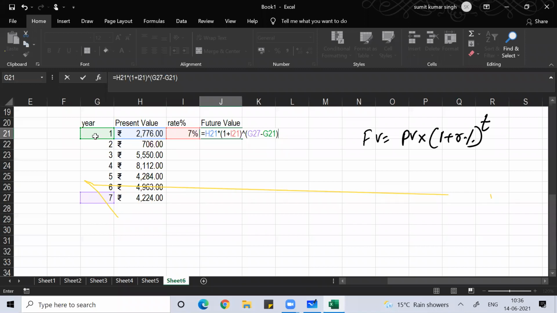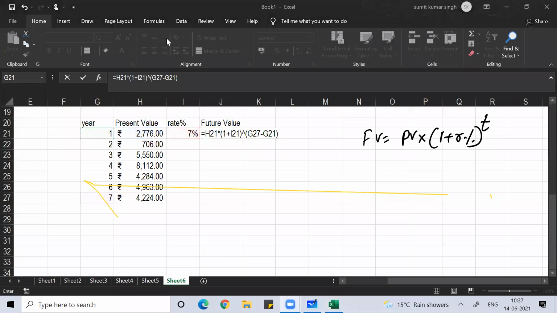Clear, everyone? Okay, so once you've got this, now you can press enter.